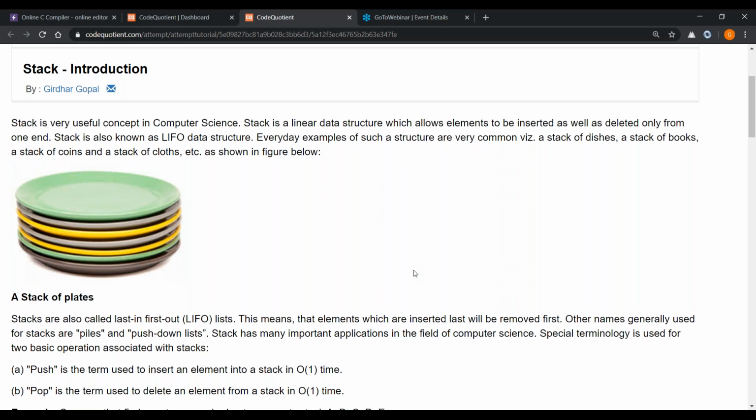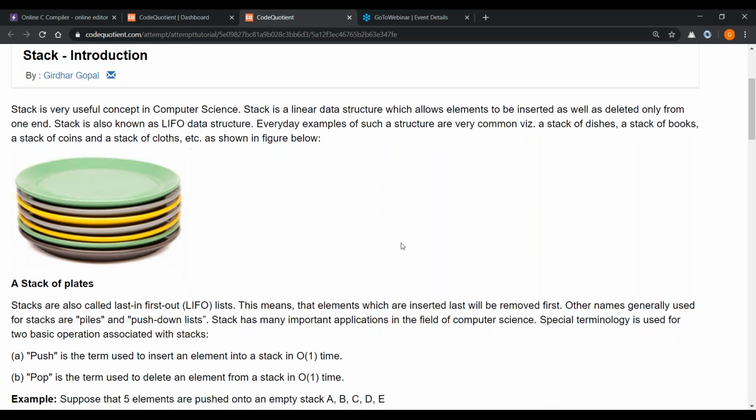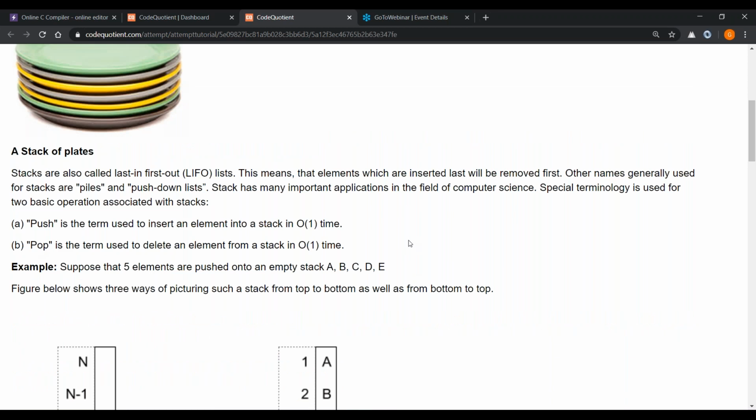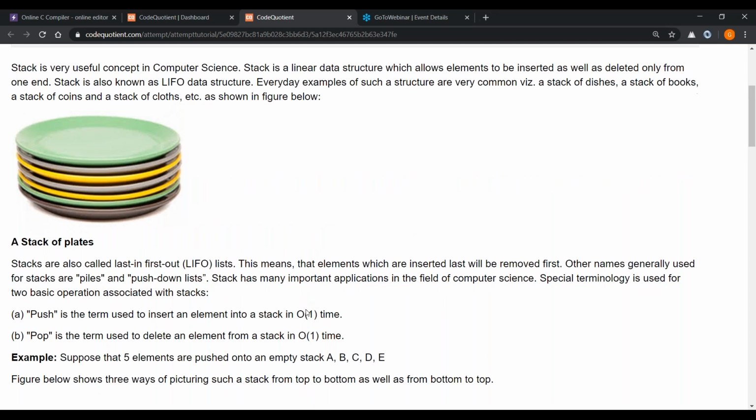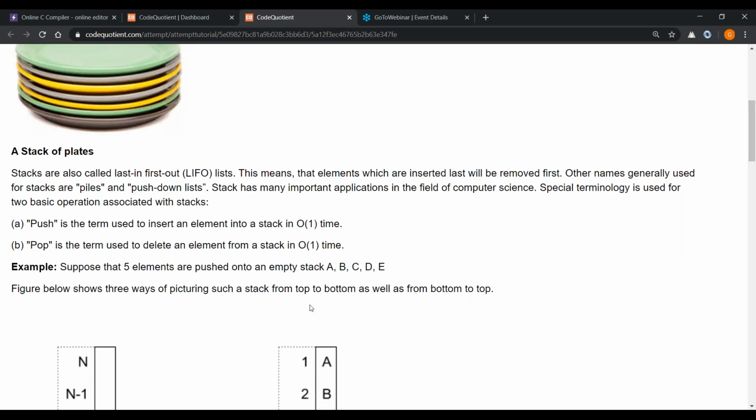So, for example, when you go to the mess and have food, there is a stack of plates, and you normally pick up the topmost plate. Now this data structure, the stack, has two main operations, push and pop. The push indicates we are placing an element in the stack, and the pop indicates we are removing an element from the stack.